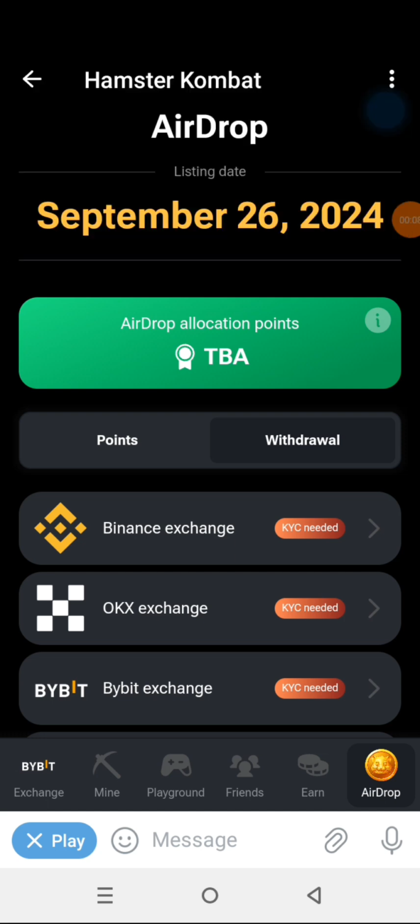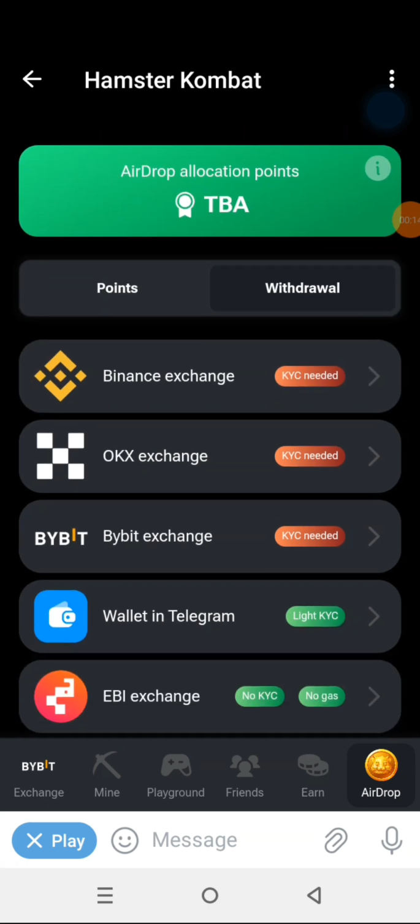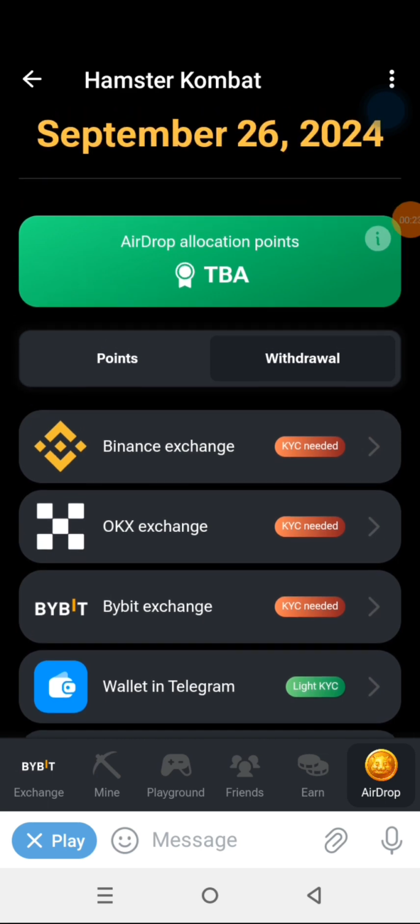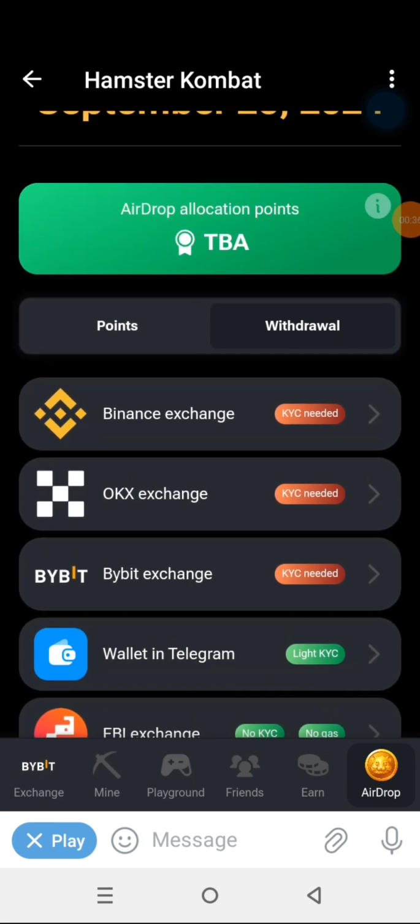Today we'll be looking at how you can connect your Bybit Exchange wallet for an airdrop. Hamster Kombat airdrop is around the corner, so let's quickly do this. Do not forget, no wallet address, no airdrop. No exchanges, no airdrop. So let's quickly dive into this. Navigate yourself to your airdrop sessions